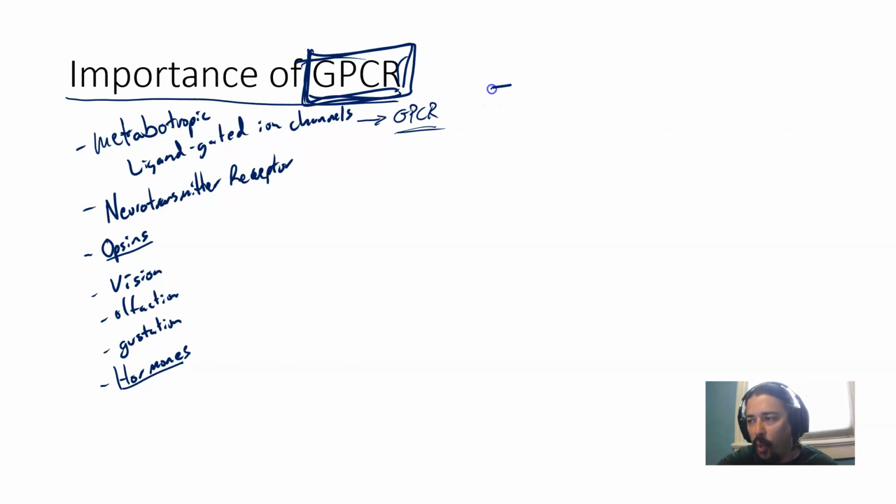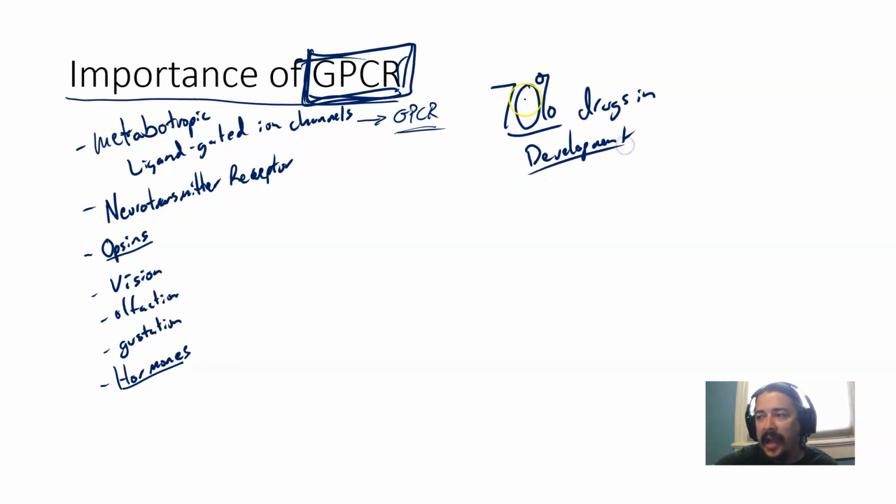And at one point, and this may be outdated data, but at one point, 70% of drugs in development in some way or another acted on G protein coupled receptors, right? So they're important. And since we're talking about